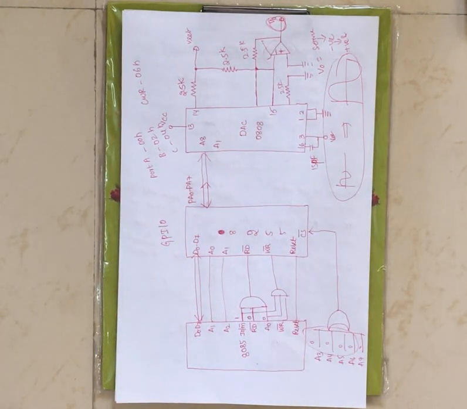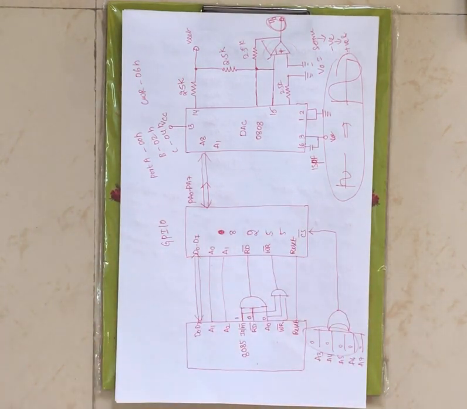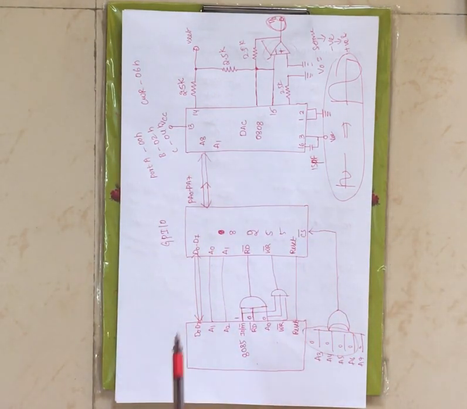Now this is how to interface your DAC with 8085 using 8255, right? Now why are we interfacing under IO mapped IO only? Because it is an IO device, nothing but an external device, right? Here we are treating the IO device as an IO device only. We are not treating the IO device as a memory location. That's why you have to interface your 8085 with 8255 under IO mapped IO, right? Now this is how to interface your 8085 with DAC using 8255.